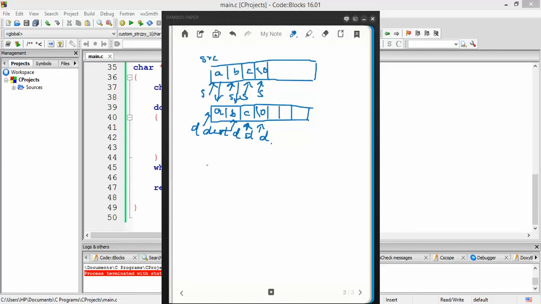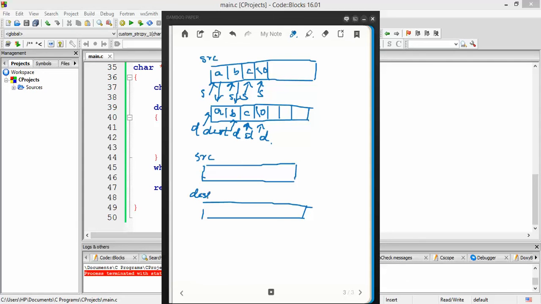So let's say this is the source string and this is the destination array. This is source, this is destination. Now let us say there are several characters here, and this is the null character, and before that we have some character here, and again in the destination array we have several locations,